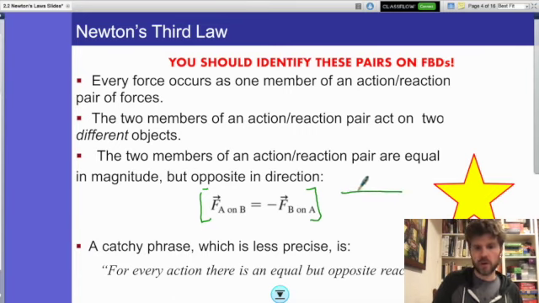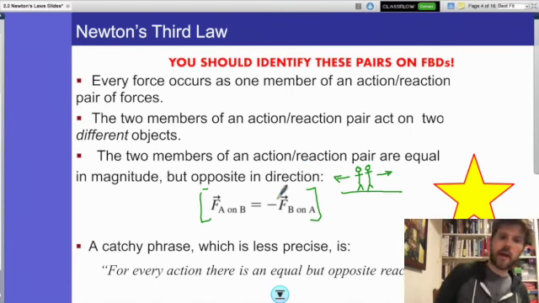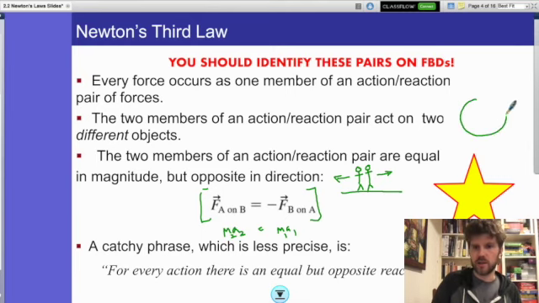So, if we are ice skating and I push off on you, you go one way, I go the other. It's worth noting that the forces have to be equal, not the accelerations, right? If the masses of the two objects are different, they will have different accelerations. And maybe the best example of this, right, is